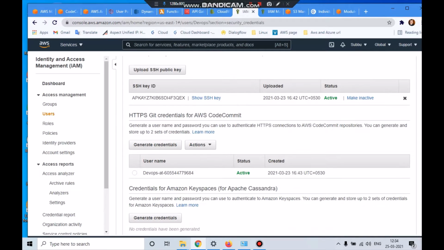Once the credentials are done, you have to generate the HTTPS Git credentials for CodeCommit. Then you can authenticate this particular page from there.